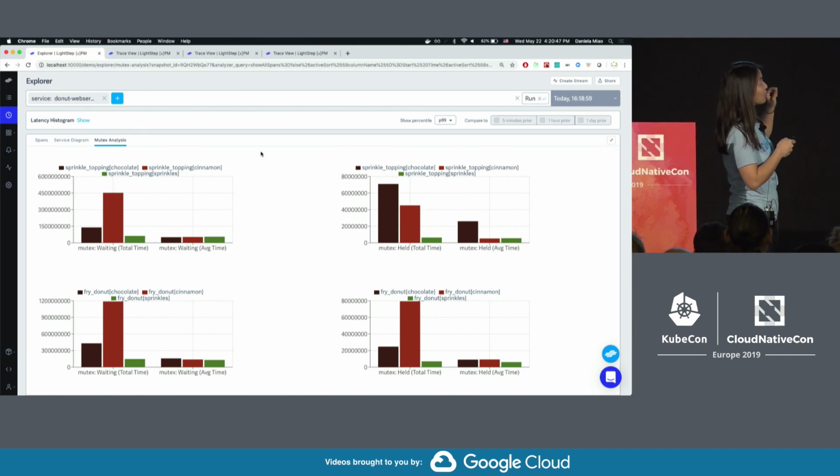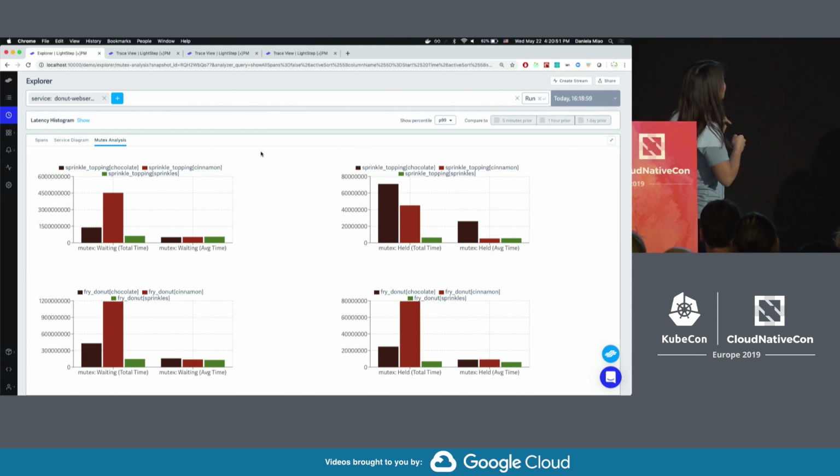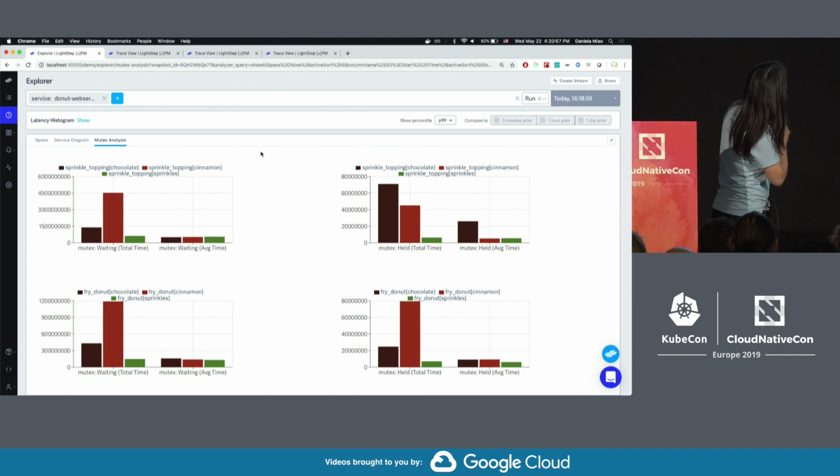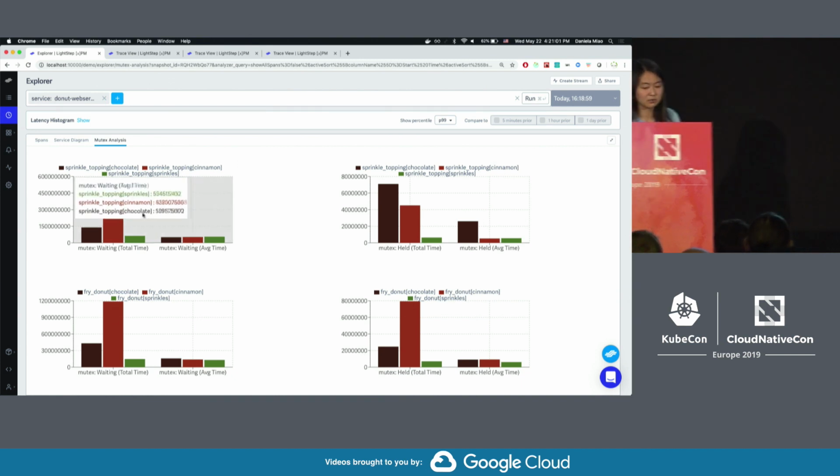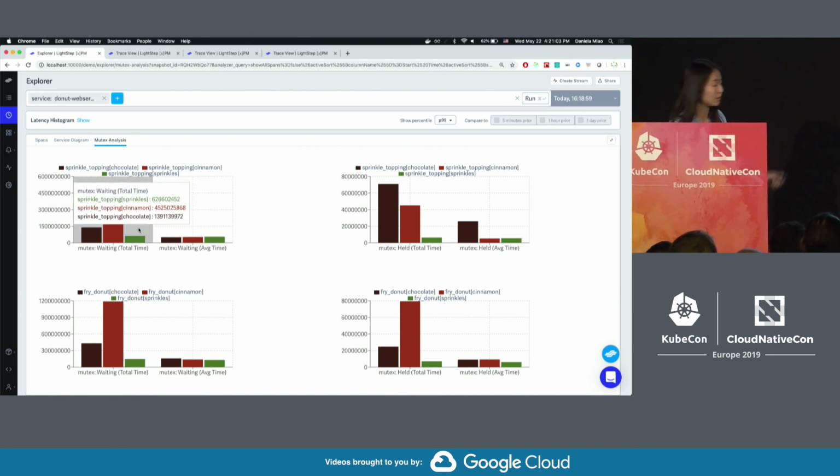This is how long the processes spent holding onto the lock. And then on the bottom, the same thing, waiter and holder, except for the fryer lock. So I think I have enough time to go through the sprinkle case. In this case, the legend might not be clear to those sitting in the back, but basically we have